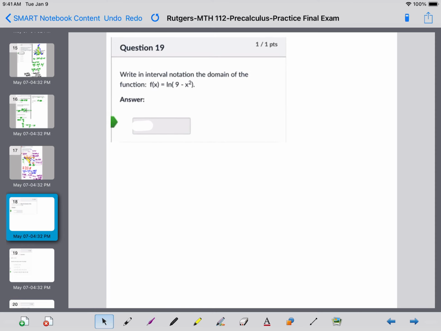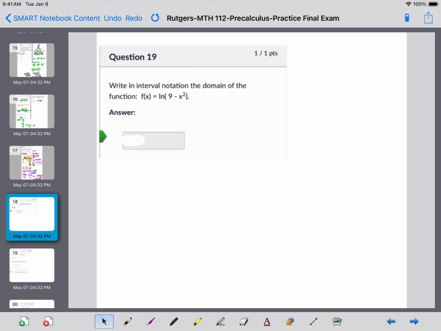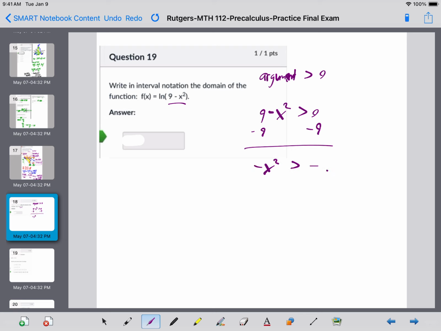Okay. For this question, it says write in interval notation the domain of the function. The way you find the domain of a log, you set the argument greater than 0. The argument's what's in the parentheses. 9 minus x squared is greater than 0. Subtract 9 on both sides. Negative x squared is greater than negative 9. Divide by negative 1. We get x squared, we get positive 9. And because you multiply or divide by a negative, you must flip the inequality sign. And then you could take the square root of both sides,